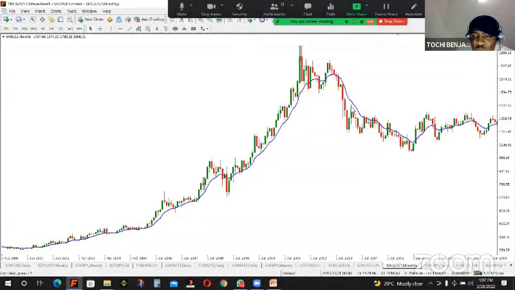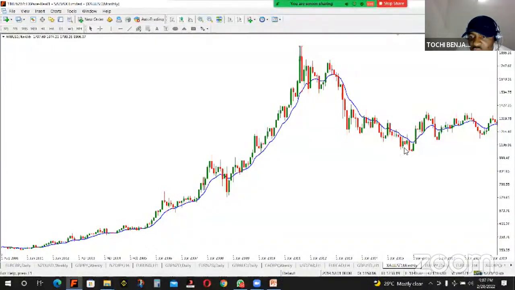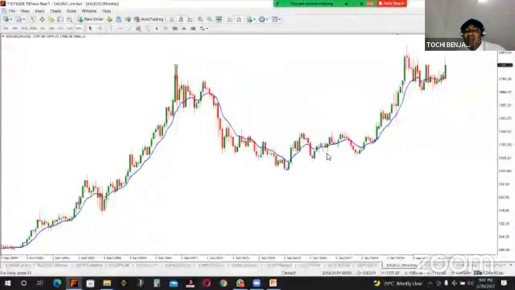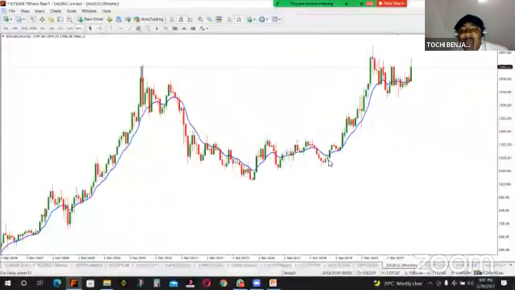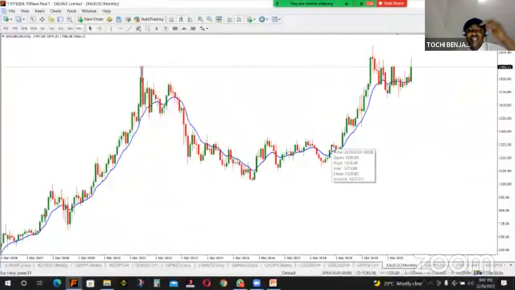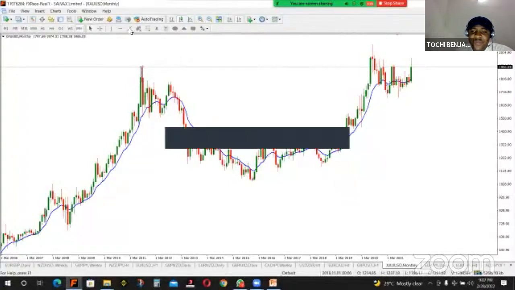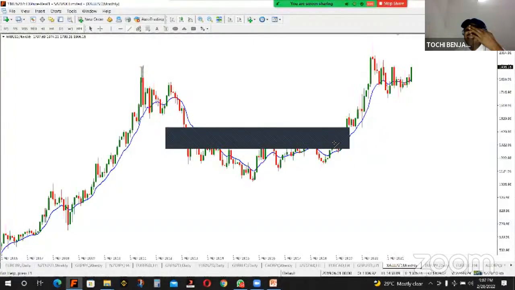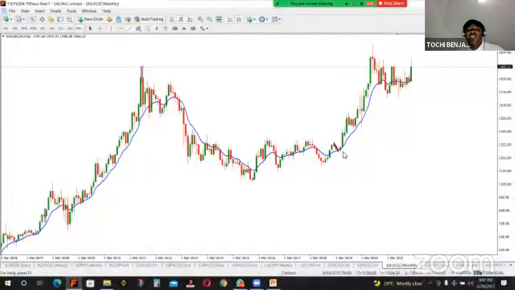Came back again to touch it here, sold. Came back here, sold. Came back, sold. After this point, it went up, and look at it. The market broke above the moving average. I wait for a retest. This thing is called a retest. This sell that happened there is called a retest. And you did that retest, you just wait. Let it come back to the moving average. If it did not break the moving average, you buy.